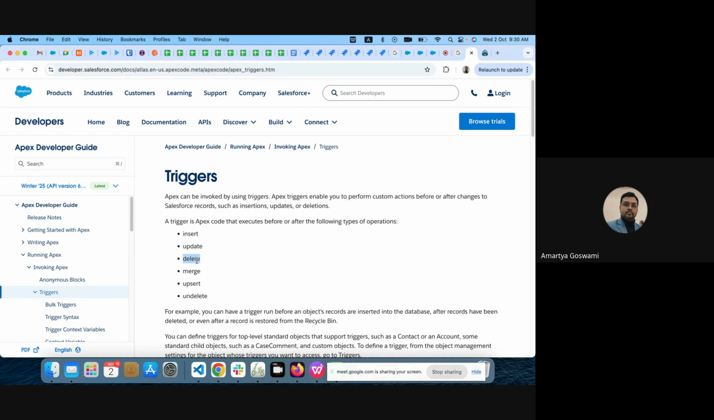If that trigger is showing any error, and it blocked the execution of that Apex, that means the transaction is not completed. And that is true for any of these triggers. If there is any error, then your actual insert or update or delete or upsert will be hampered. So